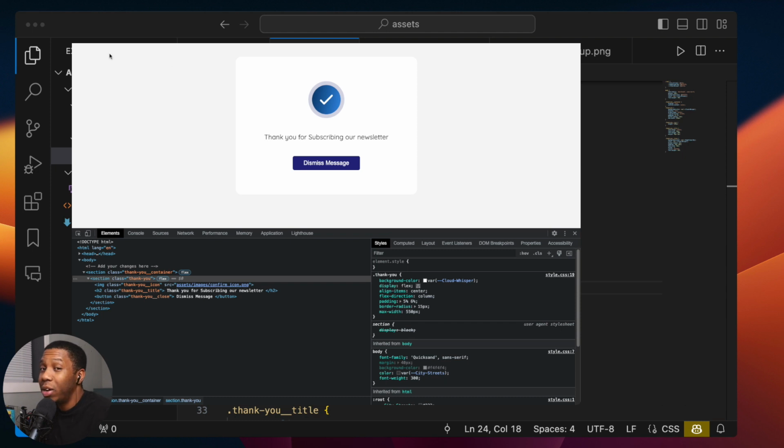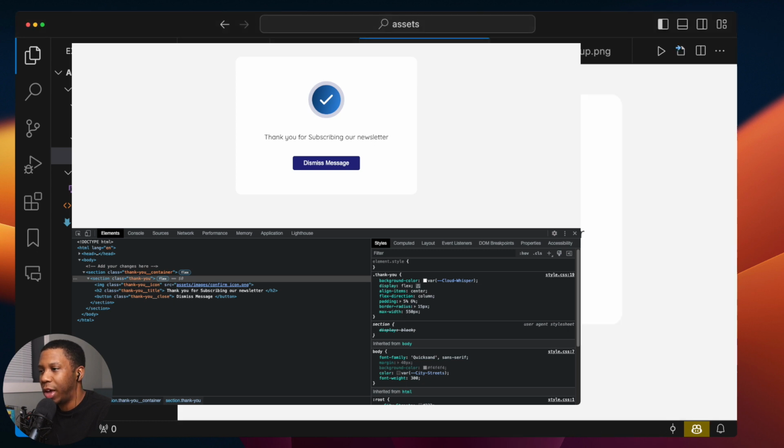Now, I would say to really dial this in, we really should be using media queries to do that. However, we're not going to cover that responsiveness in this video here. So for the most part, there you go. That's pretty much a very basic way of doing a modal style pop-up